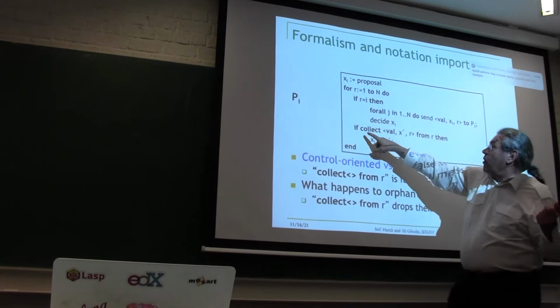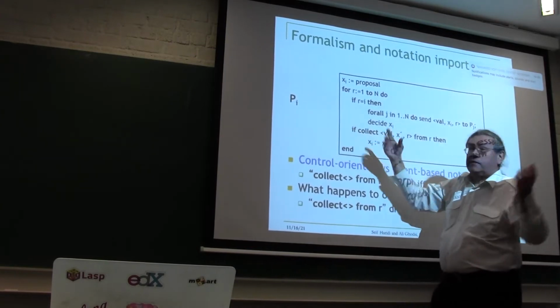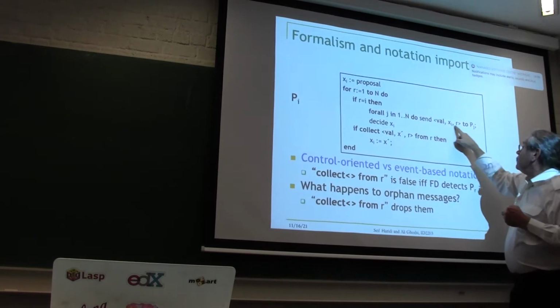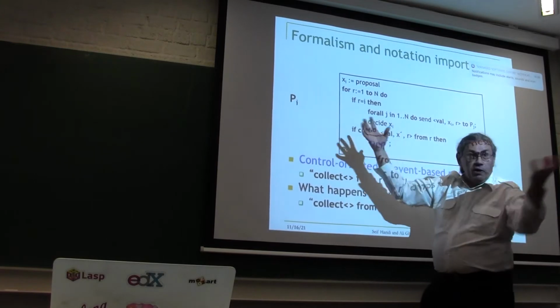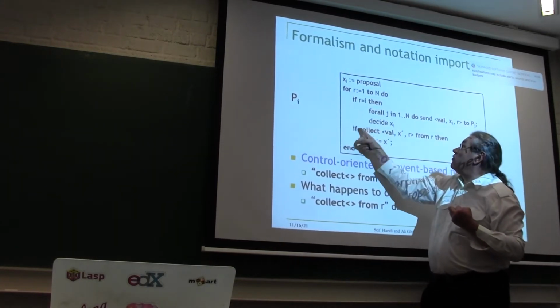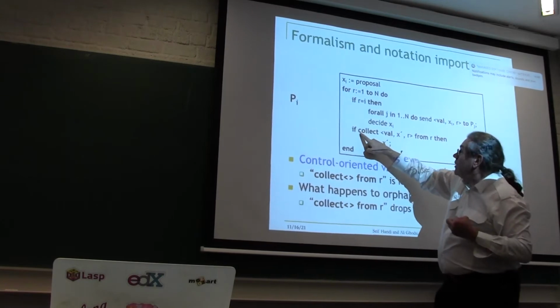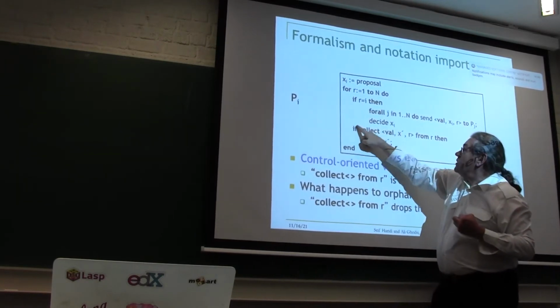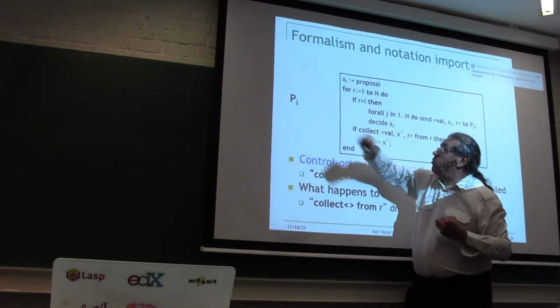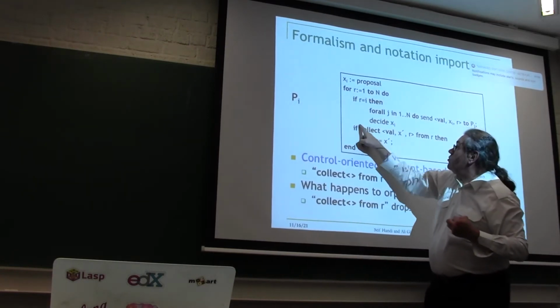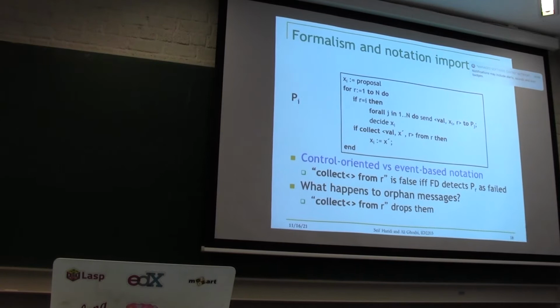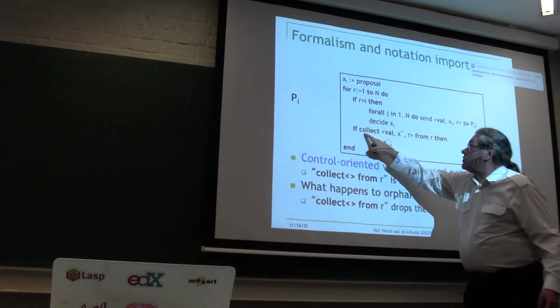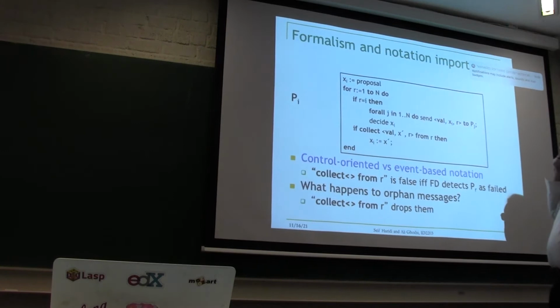And then I will do a special funny operation called collect. So here I'm sending to all of the processes. Every single process here will receive. So the collect is like a receive. Notice the collect is not inside the if. This collect will be done on every process. So in round 1, you will have run this on every single process, on round 2, and so on. So the collect is kind of the interesting operation here. It's like a receive, okay? But it's a little bit smarter than that.